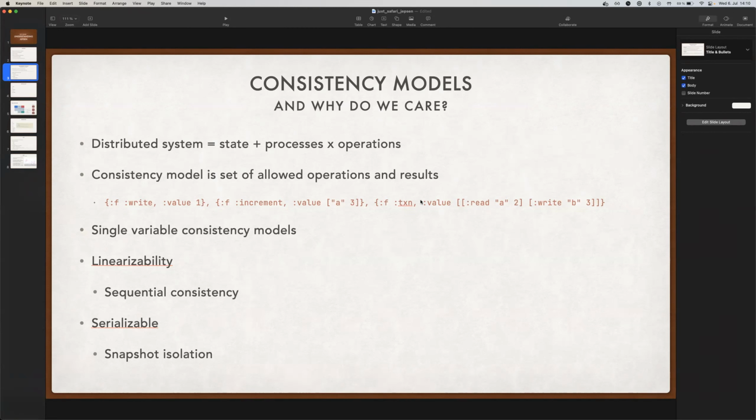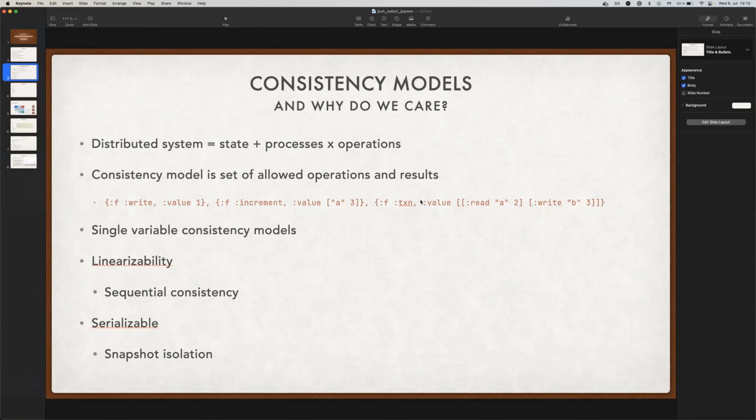An operation is then just a transition of state from one state to another. If you consider the variable x to be a state, an operation would be write 3 into x, or write the value of 1 to x. That is an operation, and it transforms the state of that variable x from whatever undefined or nil value it was to 1. Now, if we consider a key value store,